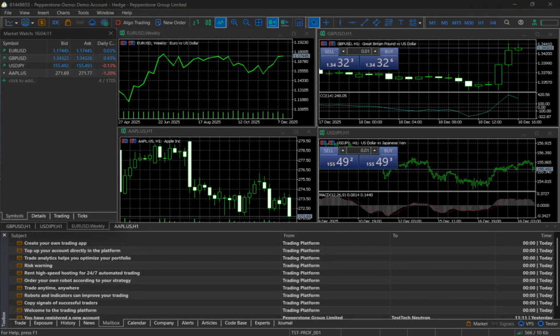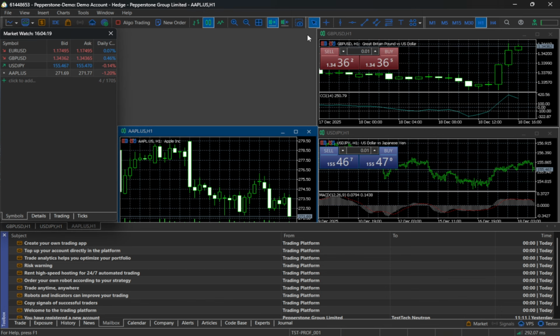In today's video, I'm going to teach you how to set up multiple charts on one screen in MetaTrader 5. If you're monitoring several markets or comparing time frames, this setup will keep everything visible and organized in one workspace. We'll do this in the MT5 desktop app, and I'll point out a few helpful tips along the way to